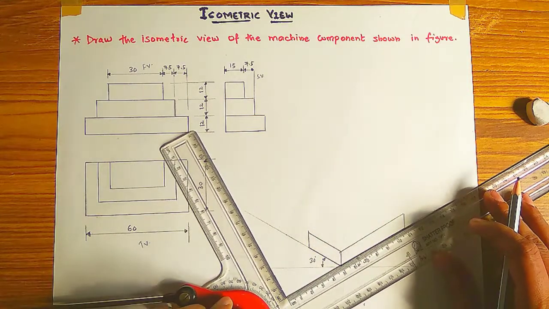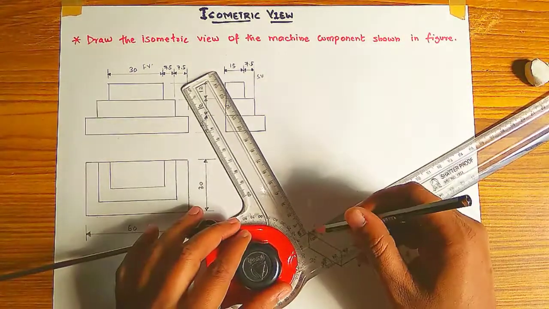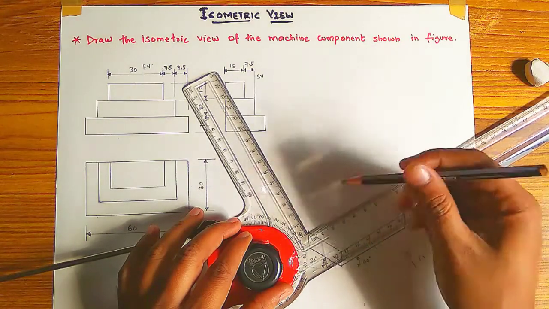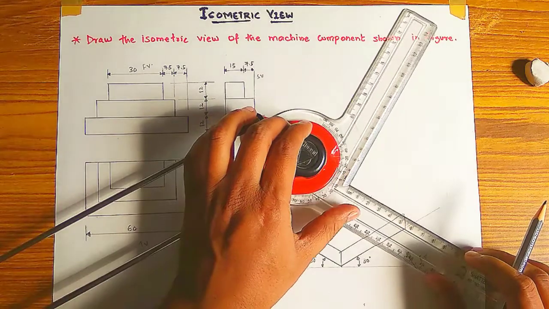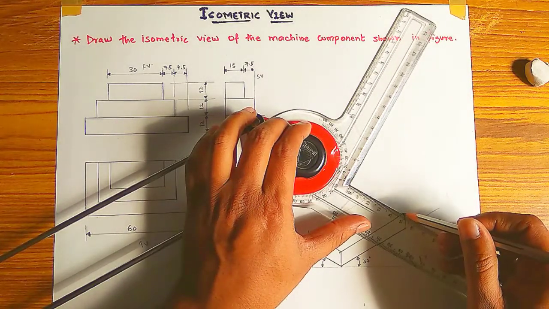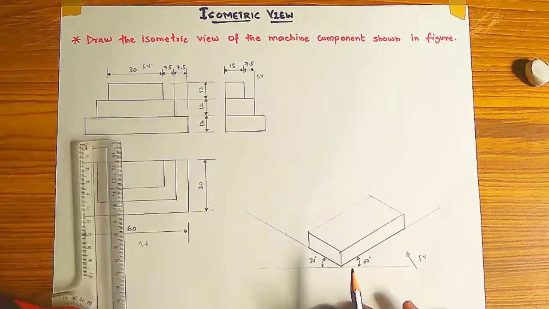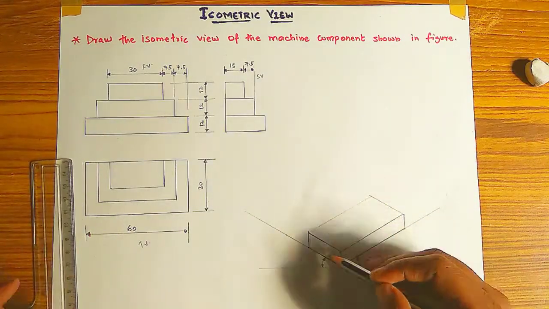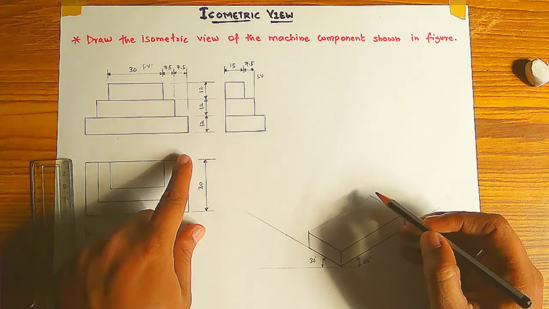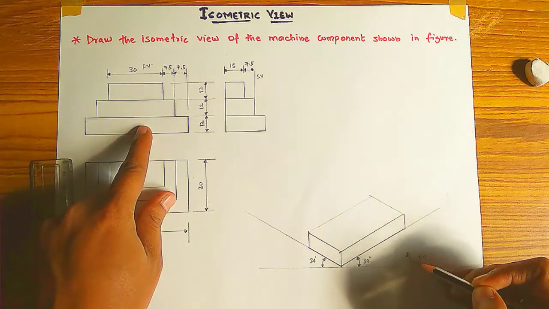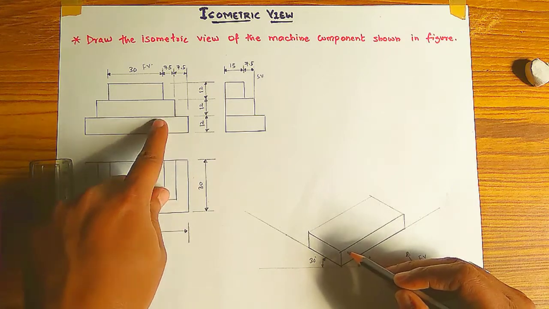According to this line only, you have to draw another line, but draw this line somewhat light, 60 mm. Later on I will show you why I am doing that, and this will be 30 mm. Automatically you have 30 mm. In the top view, this 60 mm by 30 mm plate we are looking at, and in the front view from here, this square plate is also visible.